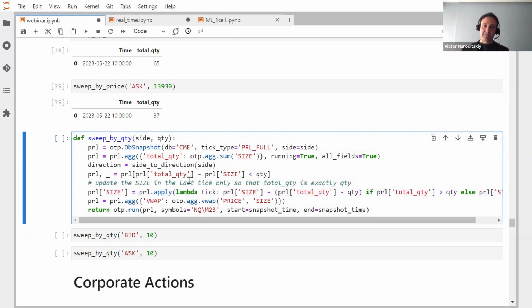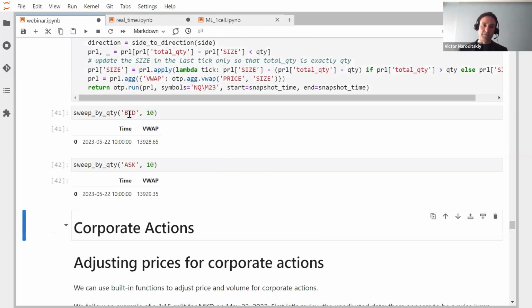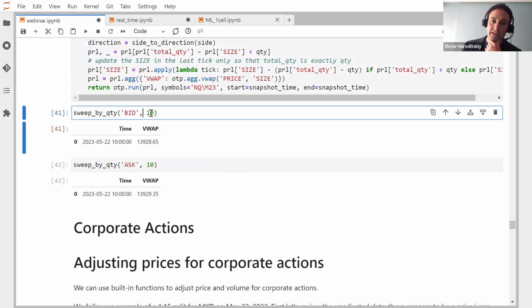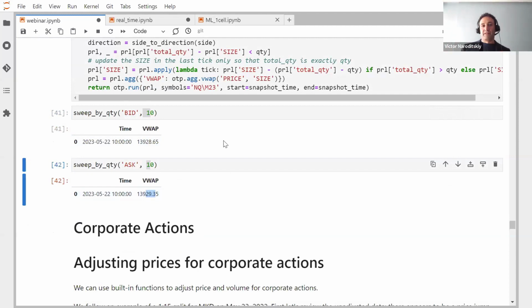So if you want 10, but at the first level you have 7, at the second level you have 5, so you just want 3 from the second level. But otherwise it's the same, and we can ask the same questions. If I am selling and I want to sell 10 right now, this is my VWAP. If I am buying and I want to buy 10, this is my VWAP. All right,